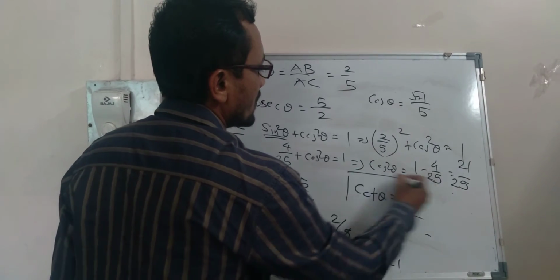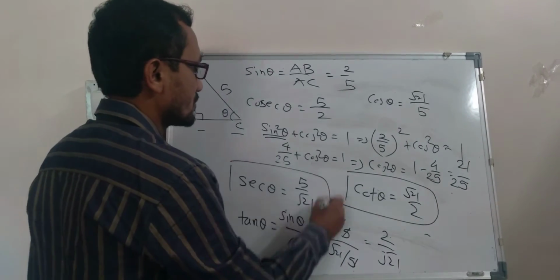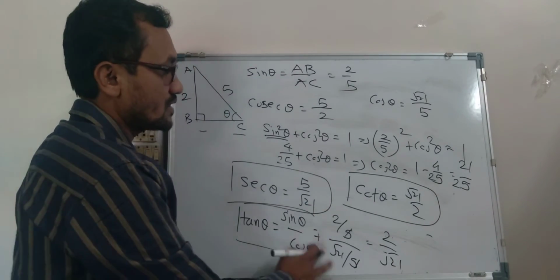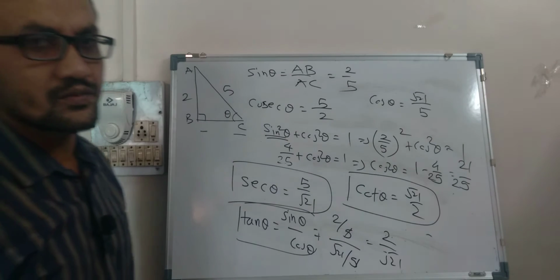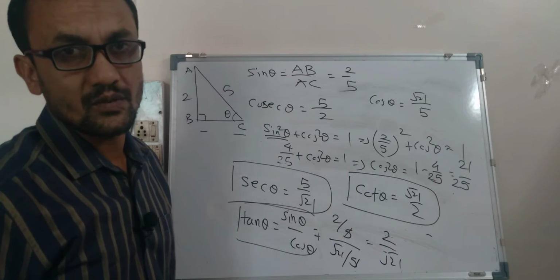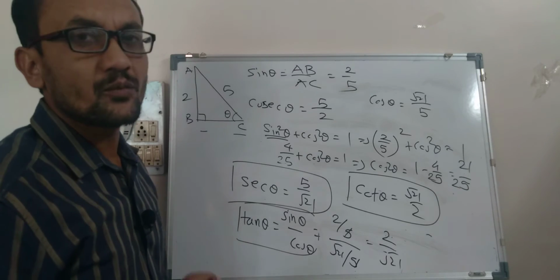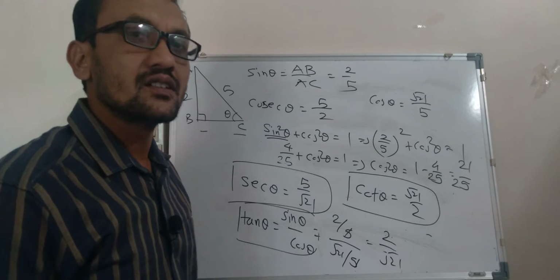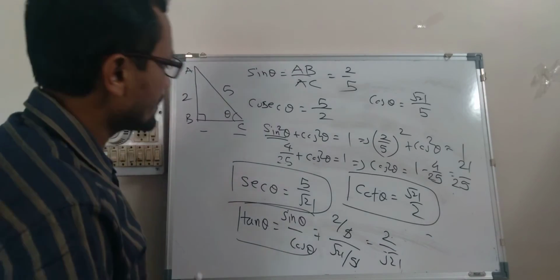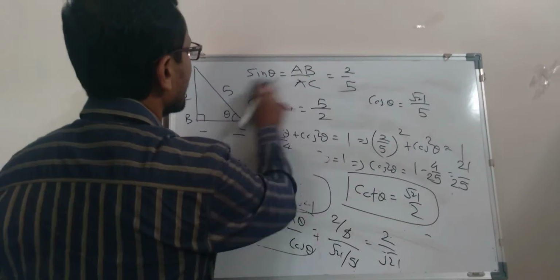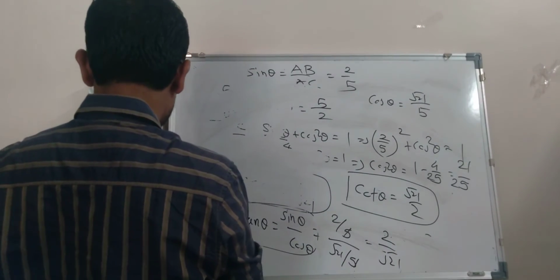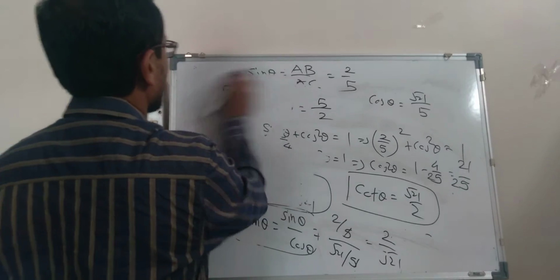So in this way we found out all the trigonometry ratios using a single trigonometry ratio. So be careful about this. There is need to just recall the formulas of trigonometry. Okay. So formulas are very important in trigonometry. If you know the formula properly, you can easily find out any type of sum. Okay. Now we will have another example here. We will take another example using the basics of trigonometry. We will see one by one.